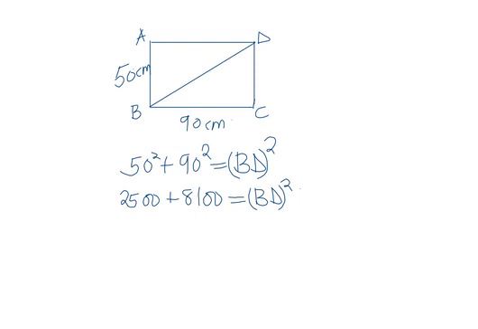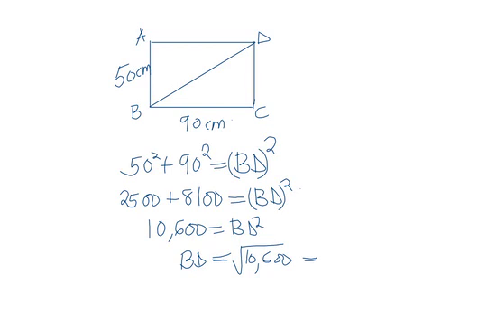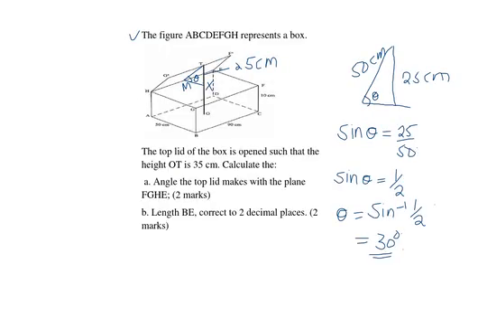So if we add 2500 to 8100, we'll get 10,600, which is equal to BD squared. So to get the value of BD, we find the square root of 10,600, which is equal to 102.956 centimeters. With that length, which is the diagonal, we can now get